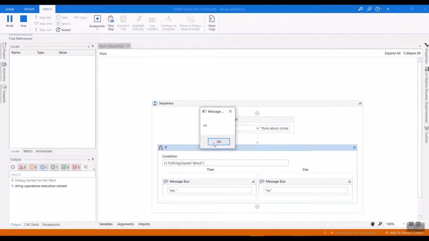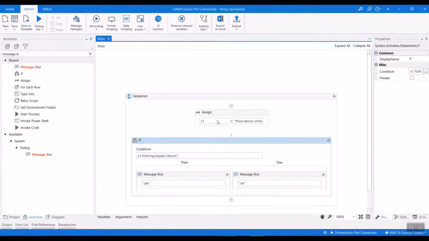It is no, which means s1 is "this is about contains and equals", but here we have given equals, which means s1 should match a string completely equal to itself. So if you copy this with Ctrl+C, Ctrl+V, and check this,